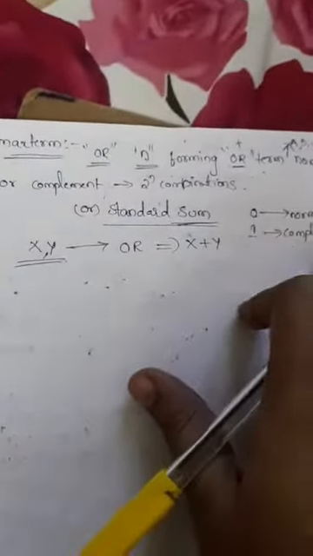Now we'll see the output for the OR gate. How to represent the OR gate? It has 2 inputs, and the standard sum is x plus y. This output is x plus y, the OR logic. Now we'll see the input and output combinations. For 0 0, 0 1, 1 0, 1 1, how many possibilities do we get? Totally 4 possibilities. The output of OR logic is 0 1 1 1. Now write the combinations for max term.